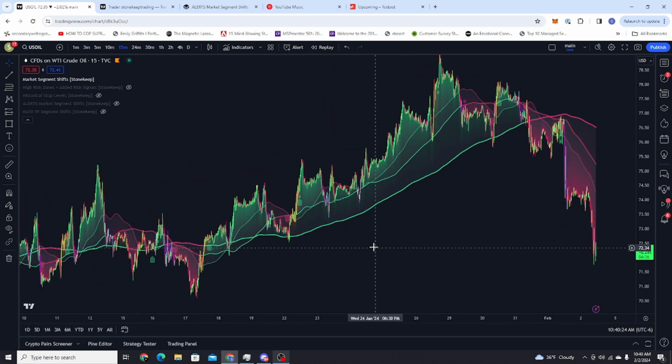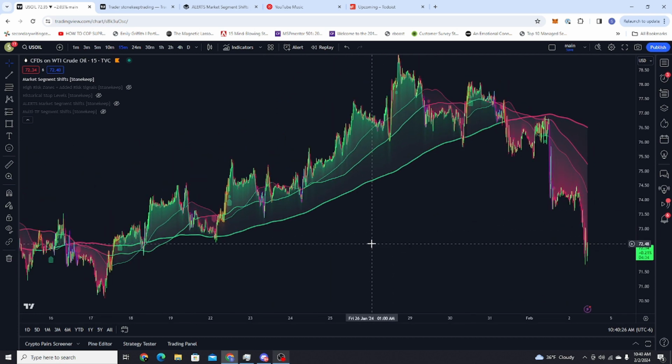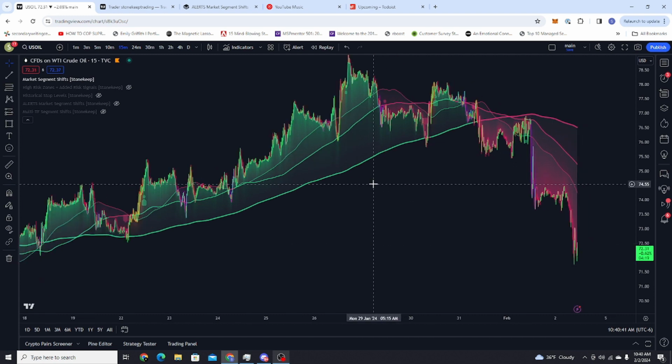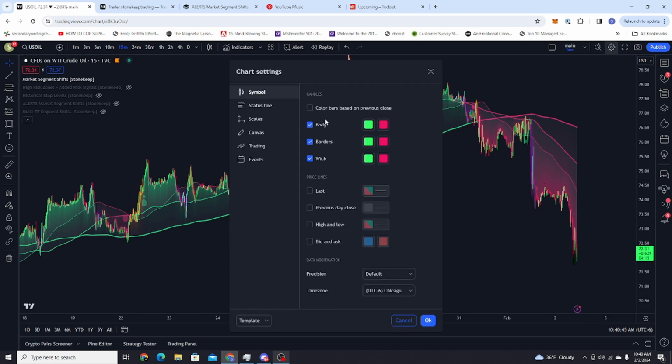And fundamentally how it's made is that it can't miss any sort of market move, right? If the price is going down, fundamentally it will catch that as a bearish segment shift. If it's going up, it will catch it as a bullish segment shift. It can't miss those. So what you get is a very clear, less noisy picture,